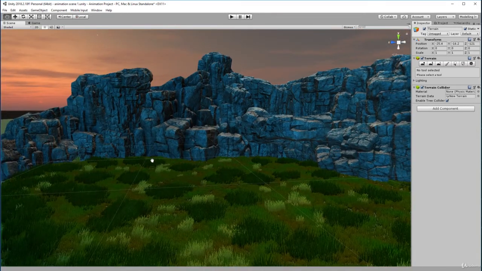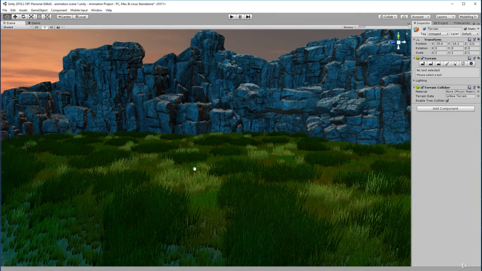Great, so now we've got quite a lot of grass, and what we're going to notice about this grass is